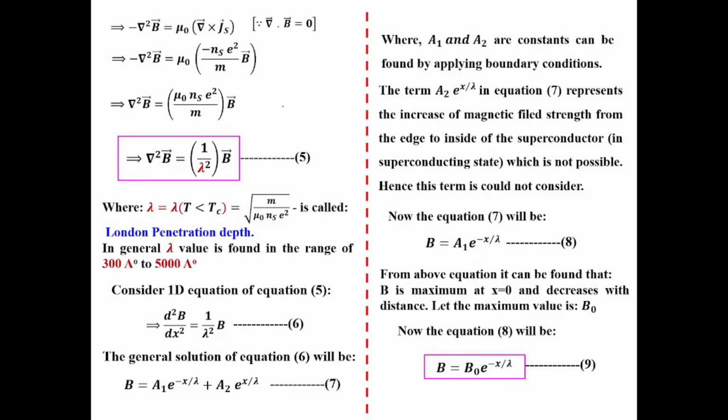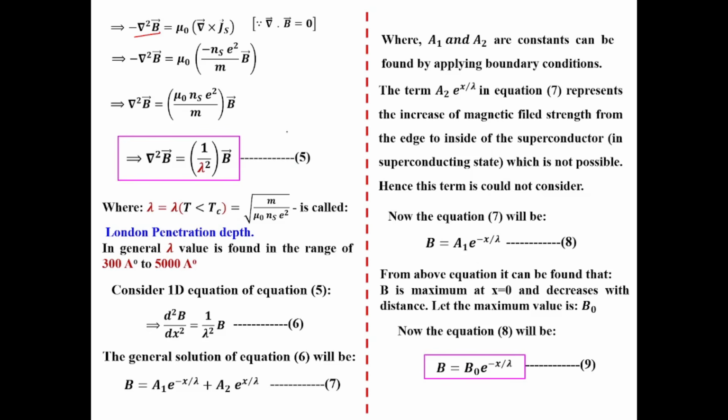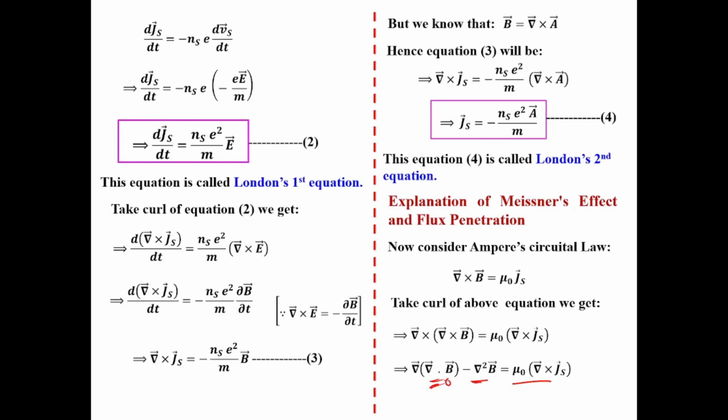So what we have to write? Minus del square B. If this value will be 0, then minus del square B equals this much. Same thing has been written. Also I wrote the cause, due to del dot B equal to 0. That implies minus del square B equal to mu naught del cross J. Already we found the value here, del cross J, this value,